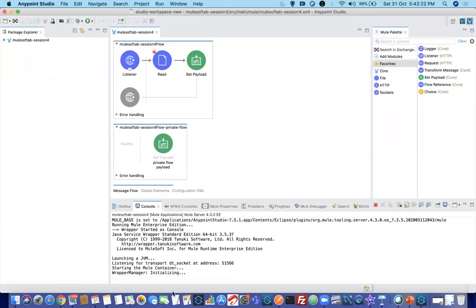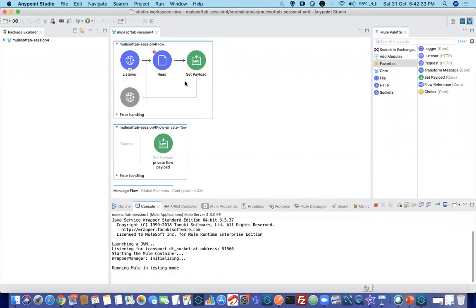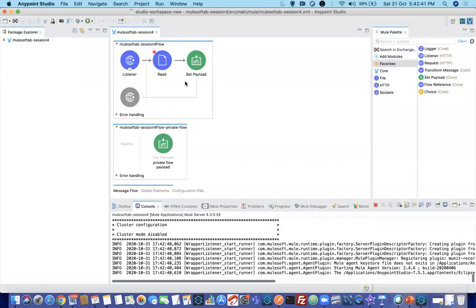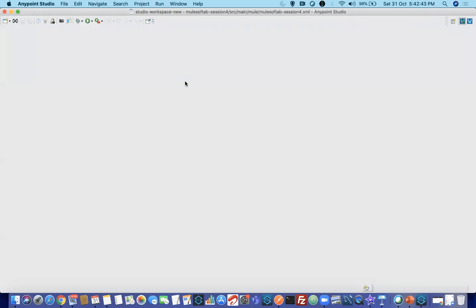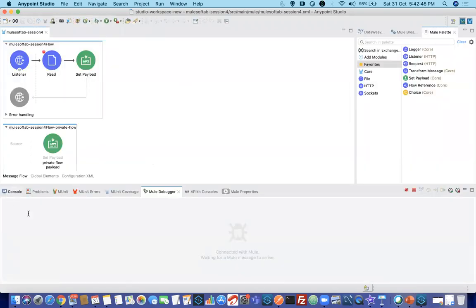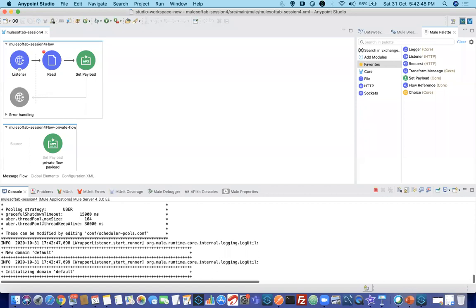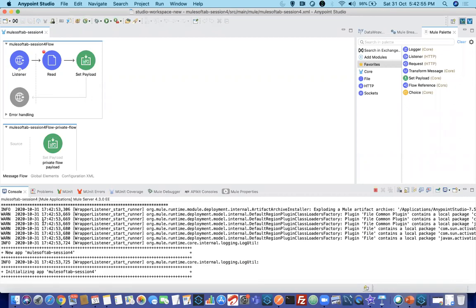Okay, so I want to show here why we use variables. Variables are a very, very simple way to store information in one particular variable so that you can use it across the flows. Even if your attributes are gone, anything is gone, it's just kind of a backup for you. Mostly you will be using variables. That is very important. Okay, it is getting deployed now. I'll show you how variables are moved.